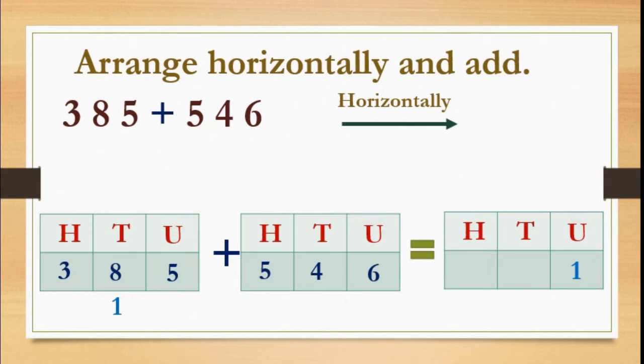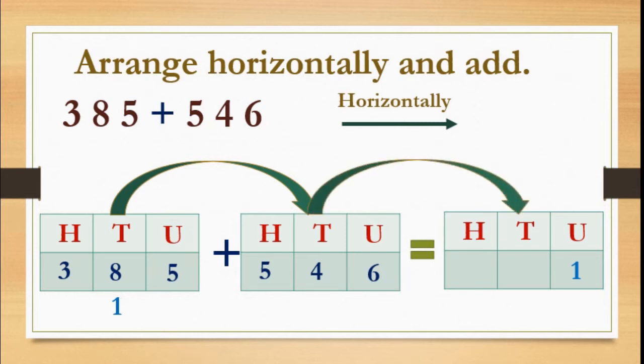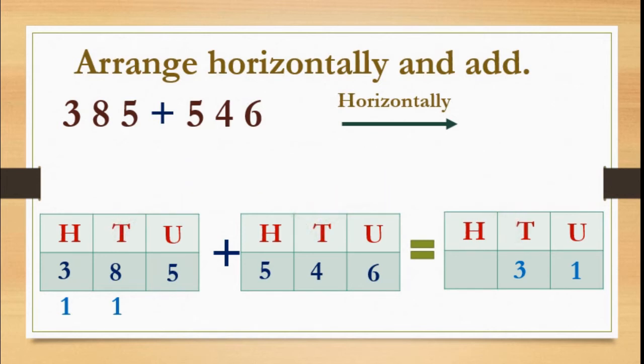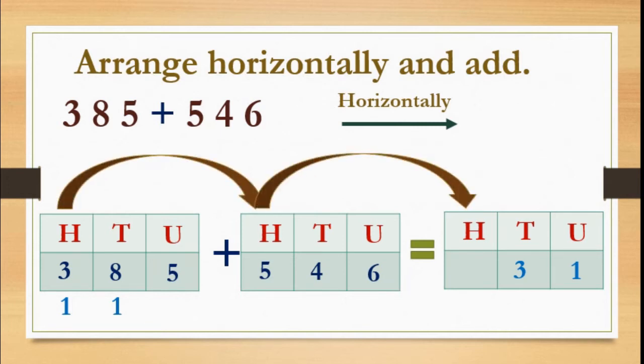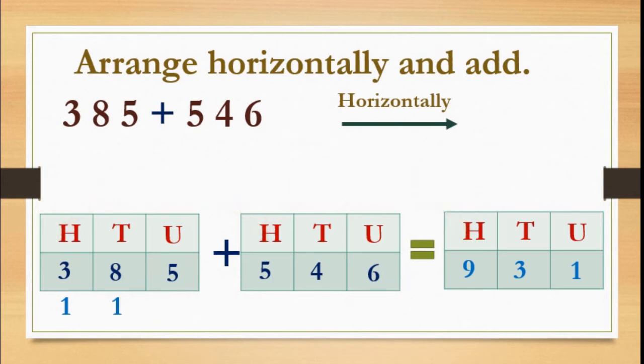Okay, the next is tens place. See this, 8 plus 1 plus 4. Not to forget that 1. Okay, then what is the answer? 13. 3 we will write in the tens place and 1 is carried over to the hundreds place. Now we will move to the hundreds place. What is there? 3 plus 1 plus 5. Okay, means it is 9. Where will we write? We will write in the hundreds place. Remember this.